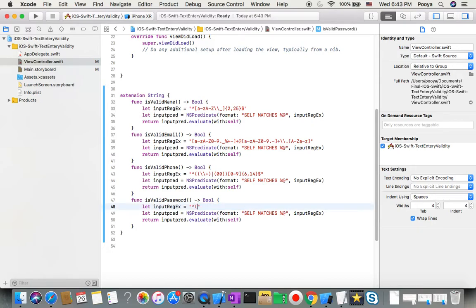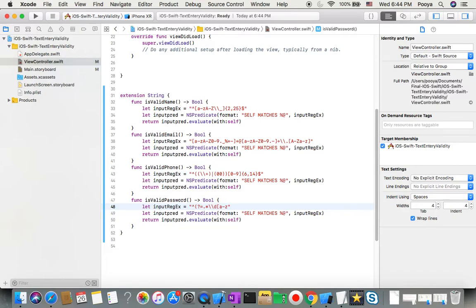So it's going to be like this: question mark equal dot star A to Z. These are acceptable. So acceptable, question mark, not acceptable, this should be in there. Dot star